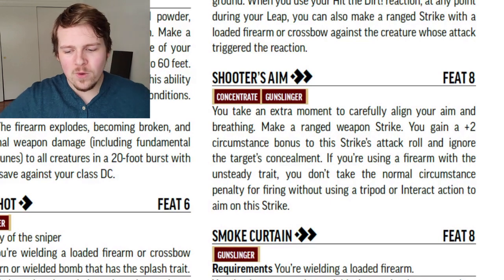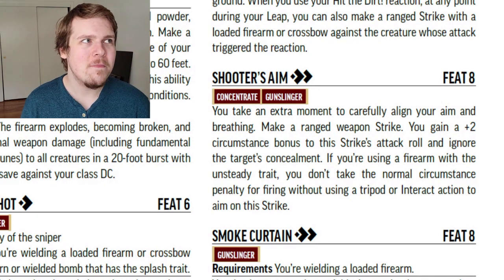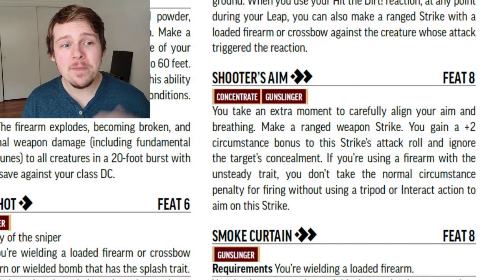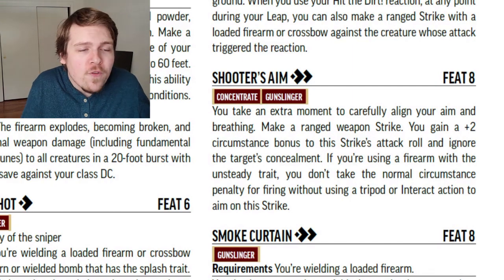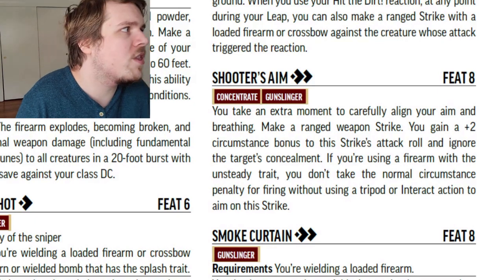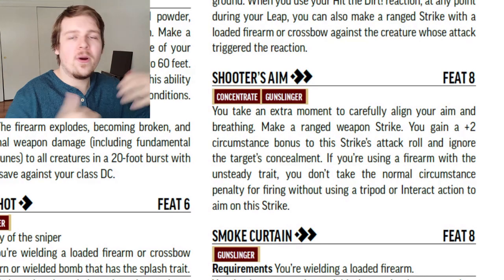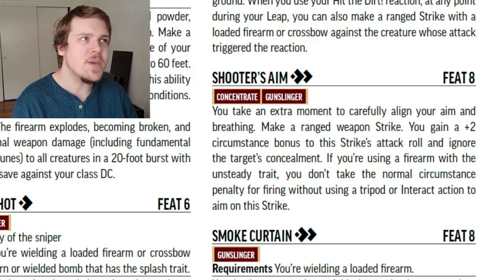So anyone using an arquebus would be hard-pressed not to take this feat, because like I said, they're already spending 2 actions to shoot at their normal penalty, so they might as well spend 2 actions to shoot with a +2. I don't think it's overpowered, it's just in this weird place with its interaction with the unsteady trait. A person with an arquebus isn't going to take return fire, they're going to take Shooter's Aim because it just